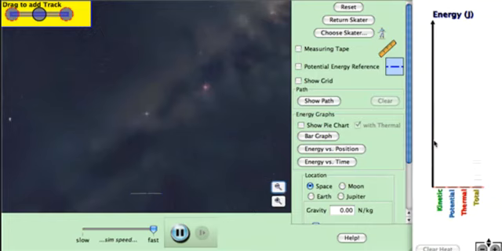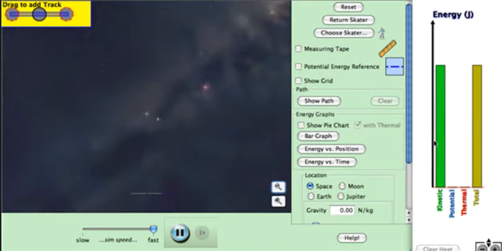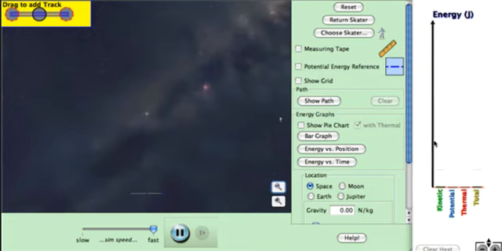Now he'll keep going, so here I'm going to do that real quick. Force, okay, he's got a lot of energy, he's coasting now. If I want to stop him, I have to apply force in the opposite direction and remove all that energy, which I just did. But I had to apply a force over a similar distance. I had to do the same amount of work to make that energy disappear.